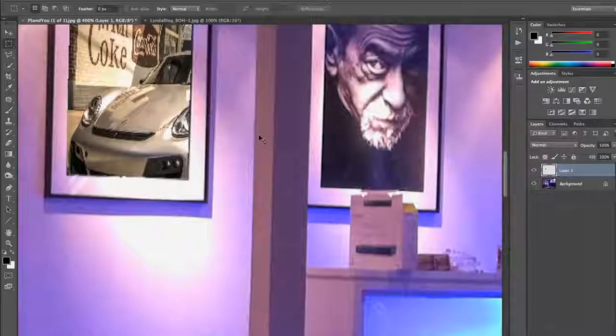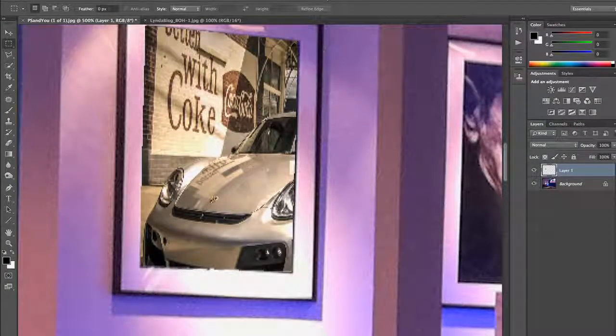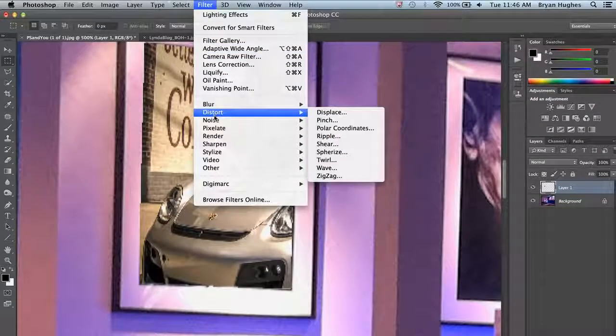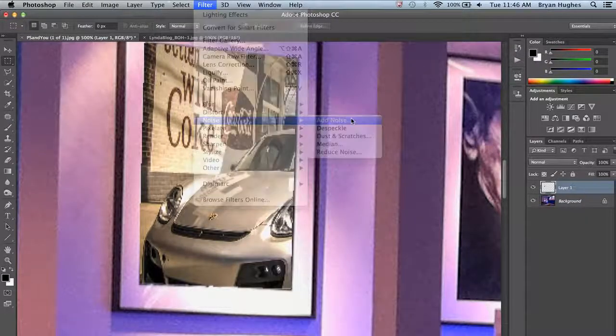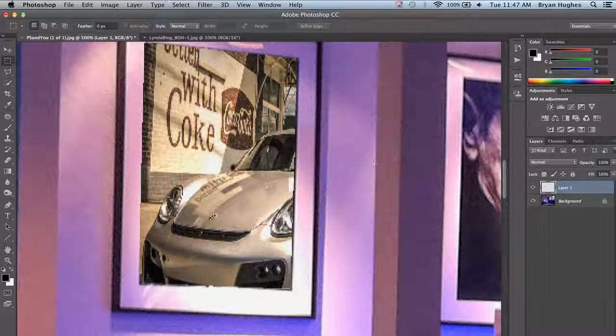Now let's zoom in a little bit more and talk about the texture. You'll notice that because what I dropped in is high resolution, and the other file, we've zoomed in quite a bit, we're starting to see some of the texture and the noise. They don't quite match. So I want to come in and add a little bit of noise. Go to Filter, Add Noise, and just a taste will work just fine there. If I toggle the preview, I'll see the differences. Subtle, but really important. Click OK,